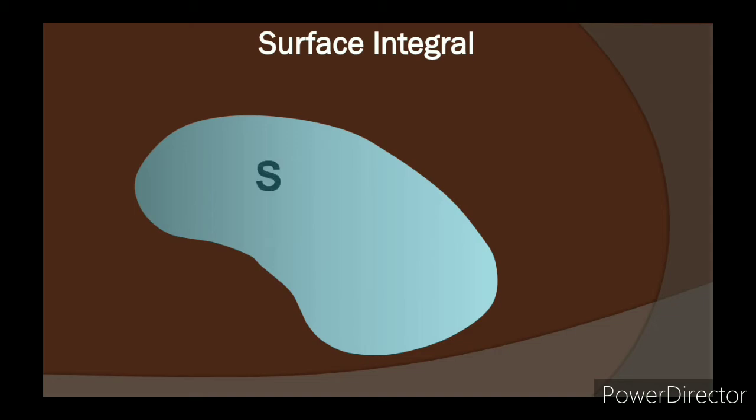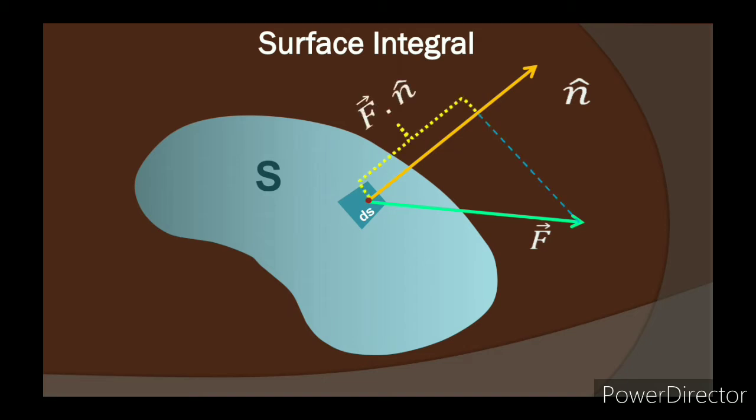Surface integral. Let us take a surface S in a vector field. We take a point on the surface and an elementary area ds at that point. Then at that point there is a vector f of the vector field. Let n cap be the unit normal vector to the surface at that point. Then the scalar component of f along the normal n cap is f dot n cap. If we calculate this scalar component at every point of S and sum up, then we get integration f dot n cap over S, which is the surface integral of the vector field f, which gives the normal passing tendency of the vectors of the vector field across the surface S.